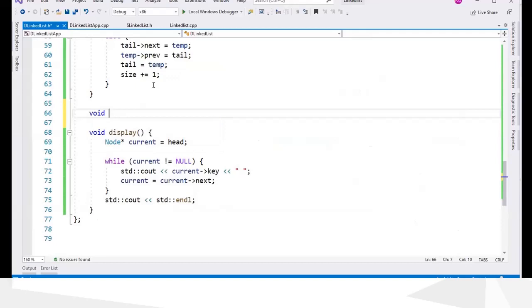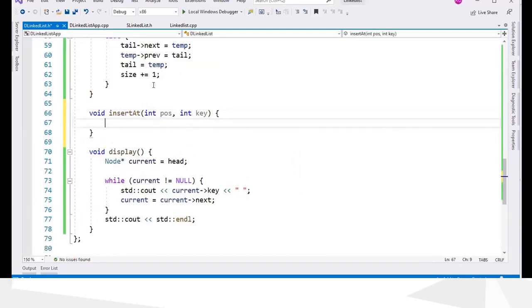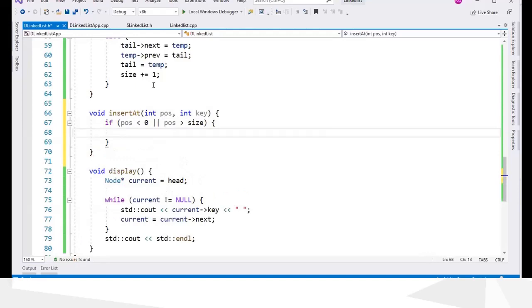So void insert at a given position and key. First, we have to check the position. So if position is less than 0 or position is greater than size, this is not a valid position.